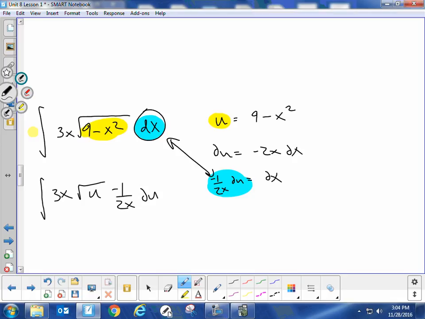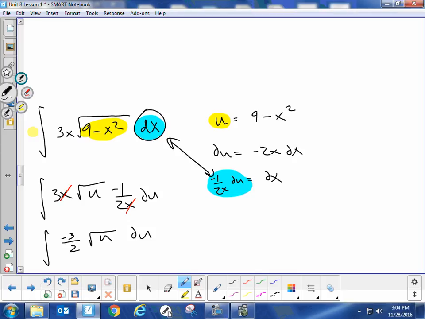We good so far? Now, I told you if you pick the correct u, stuff will cancel and you'll be left with an easier antiderivative to take. Will stuff cancel here? Yeah. This x and that x can cancel each other out because we just have multiplication. So all of a sudden, those x's go bye-bye, and I just have, after rewriting it, negative 3/2 root u du,